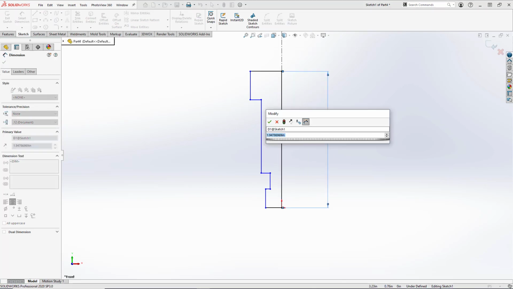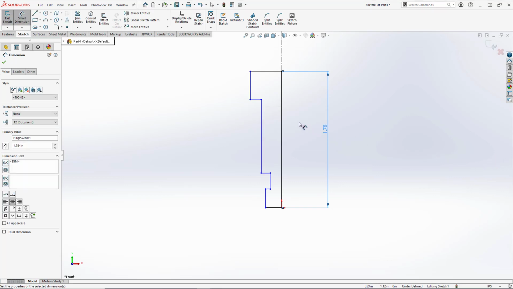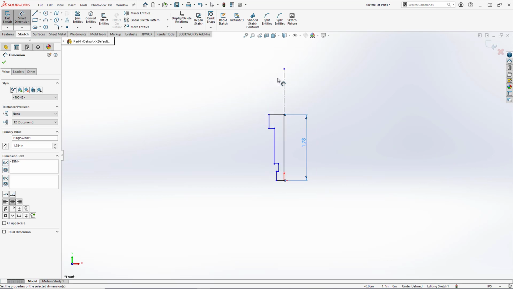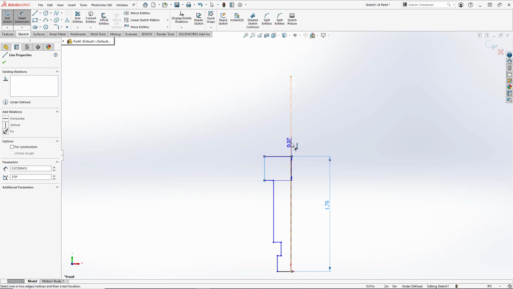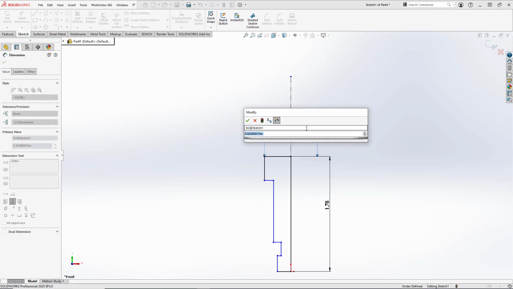The length of our bolt is going to be 1.784 inches. And the head diameter is going to be 0.438 inches. Now to capture the diameter for a revolve, what we're going to do is select the outer edge and select the center line. There's a little trick with SolidWorks where if you extend the dimension out like that on a center line, you can get a projected diameter. So we'll set that to be 0.438,